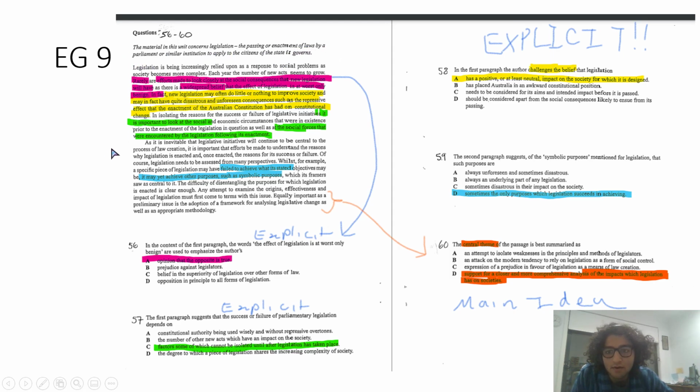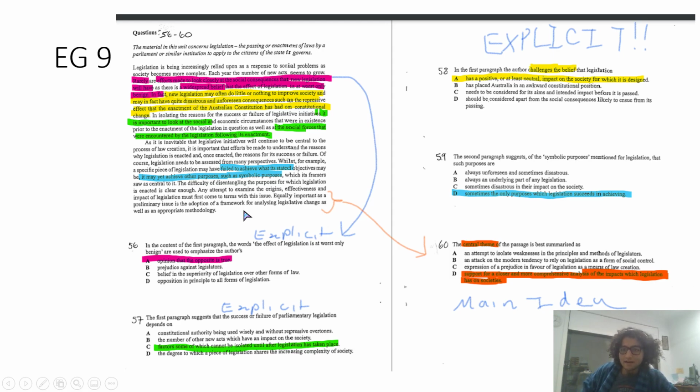Let's think about the tone of this paragraph. Well, this guy has a negative tone against legislation. He doesn't say explicitly that all legislation is bad, so he doesn't think that. But what he's saying is that a lot of legislation has not met what it's trying to be met, right? And that's because no one analyzes the social consequences of it. Most of the time it's just for the politicians to say that they've done something or do something symbolically, right? So that's the main idea.